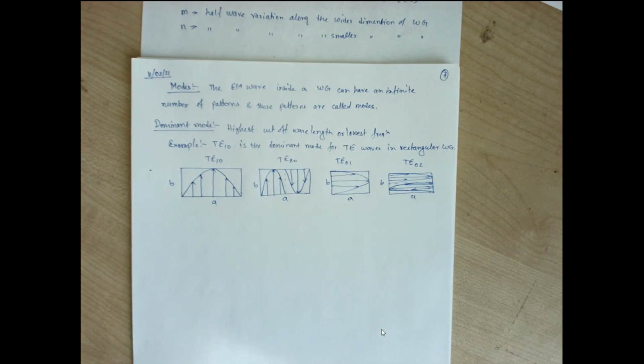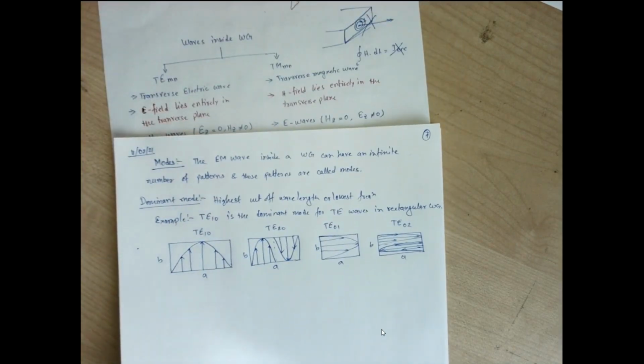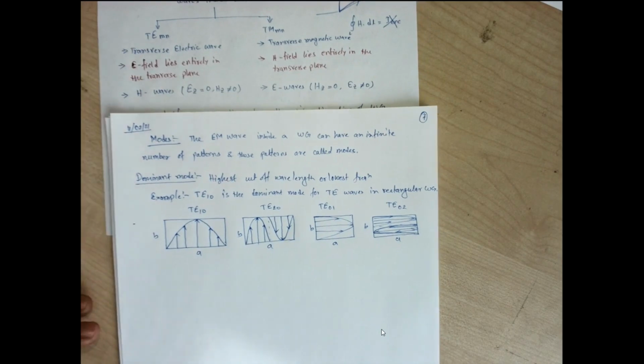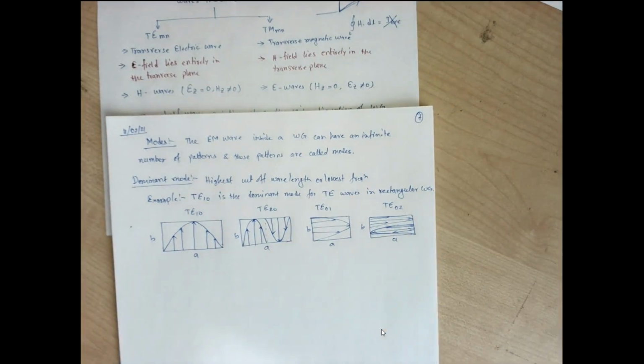So first of all, let us go with propagation of TM waves. We have been going with TM wave, that is transverse magnetic wave. So what does it mean? It is known as E waves, meaning along the direction of propagation we have Ez, but we have Hz equal to 0. So what does it mean? All the H fields are lying on the transverse plane, since it is known as transverse magnetic wave. So all the magnetic fields are lying in the transverse plane. No magnetic field exists in the direction of wave propagation, only electric field exists along the direction of wave propagation.